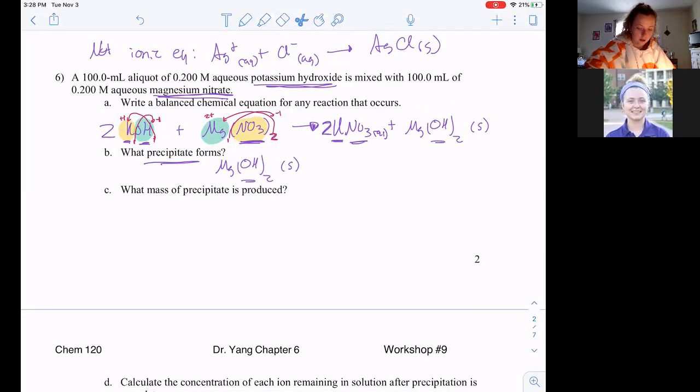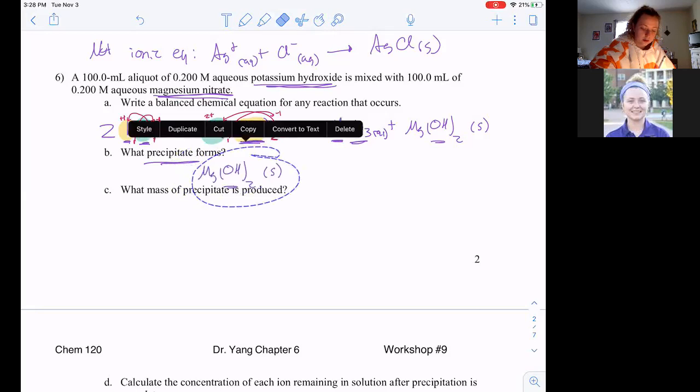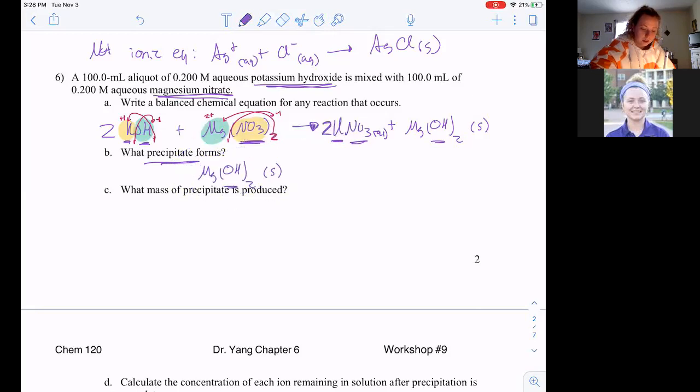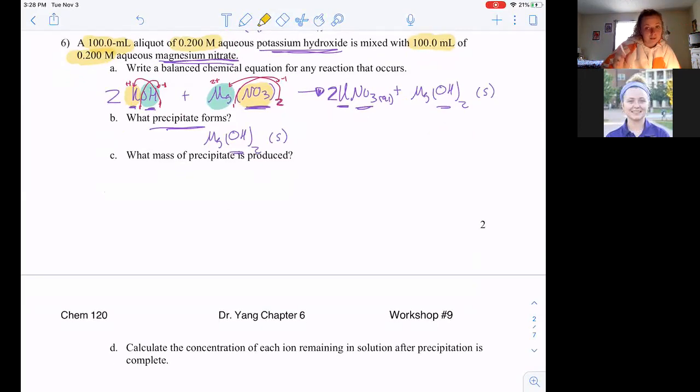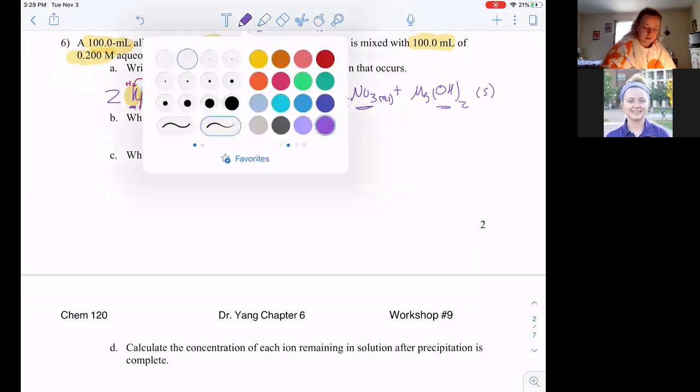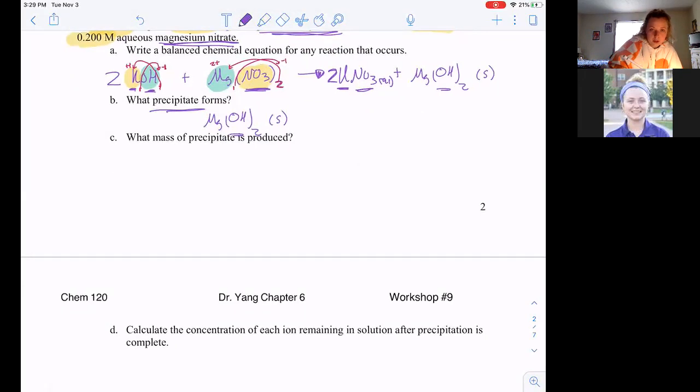And so that's where we have to go back to the word problem and find out how much you have. Oh, that's the erase button, not what I thought it was. Okay. Let me get a highlighter. You need to know how much you have of each thing going on. And that involves moles. I'm going to write it the long way. You can go in and find moles through molarity and then catch back up with me. But so we're going to do